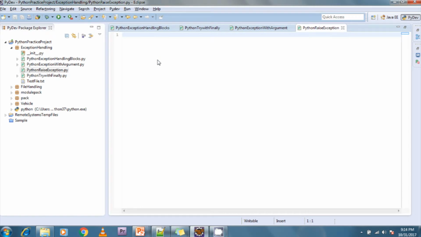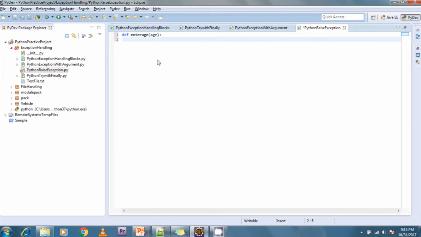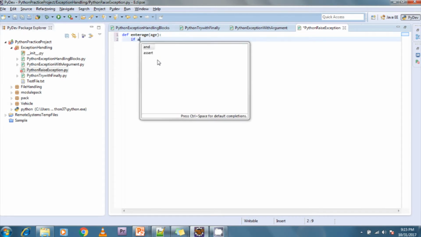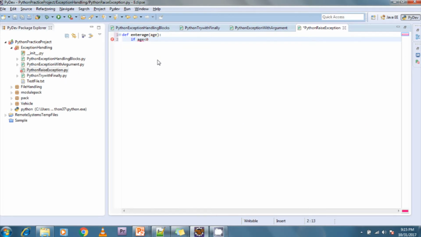Now I'm going to create one method called enter_age, taking an argument called age. Now I'm going to check if age is less than 0. If age is less than 0, I raise